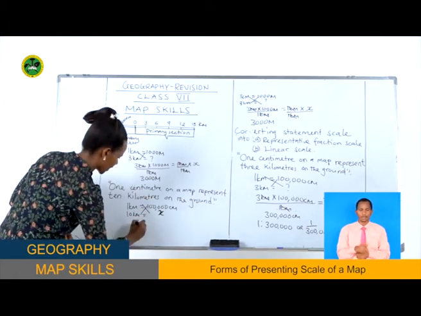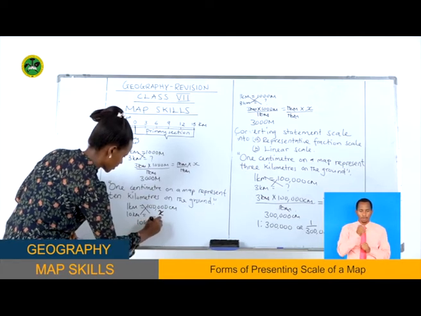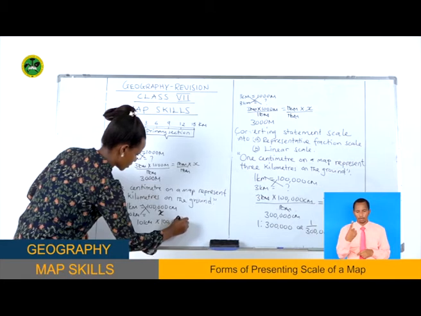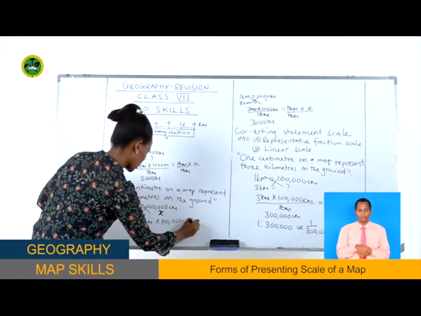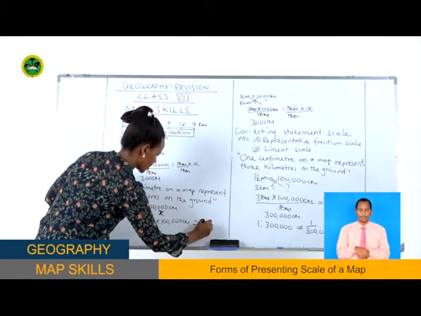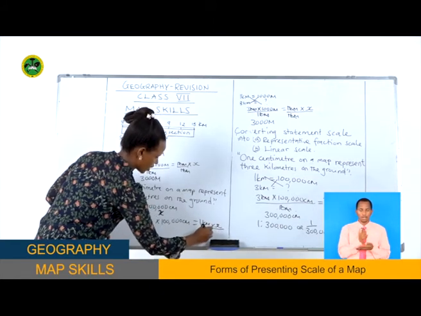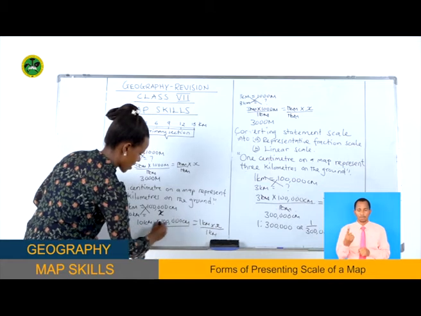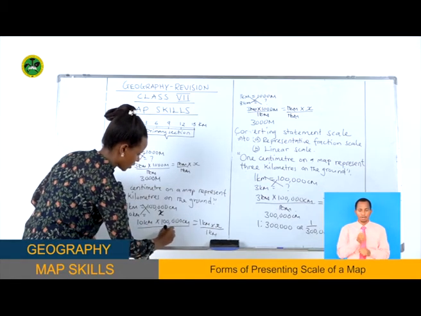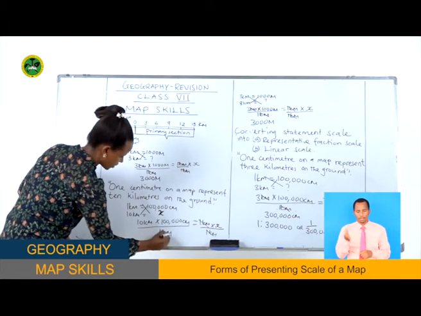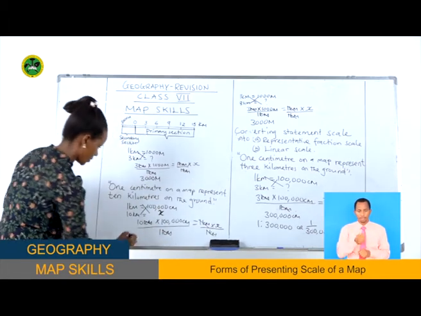Then 10 kilometers times 100,000 centimeters, which is equal to 1 kilometer times X. Divide by 1 kilometer, divide by 1 kilometer. 1 kilometer and 1 kilometer has gone. Then we remain with